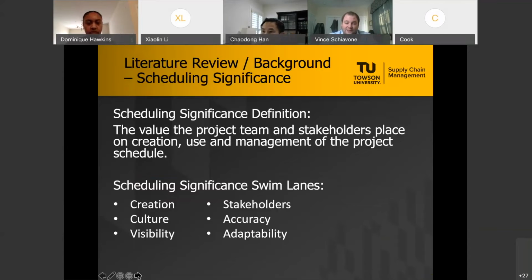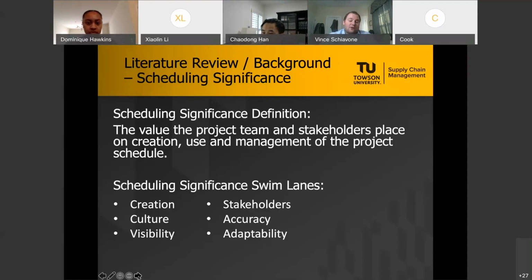After we got agreement for the pillars and the swim lanes, we began defining each one individually. So obviously this model is going to be fairly large, and we can show the whole model at the end with questions, but we're going to take a look at one particular pillar, and then even so, with our survey and scoring, we're going to take a look at only one swim lane.